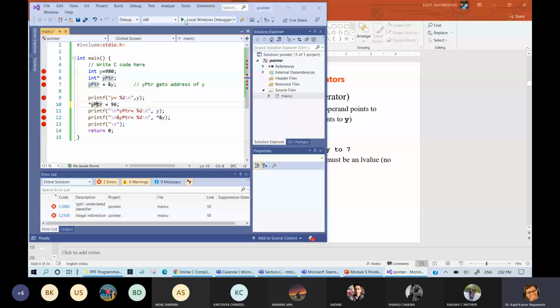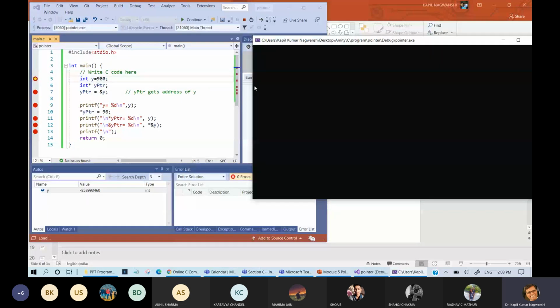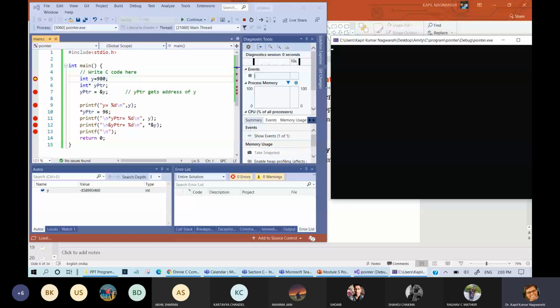So just watch the different variables. Here profiling is shown. Initially integer y is created, and after continue, the value of y will be assigned.